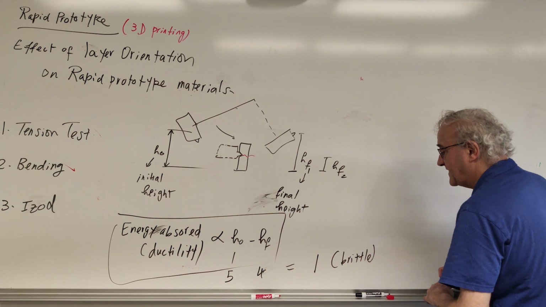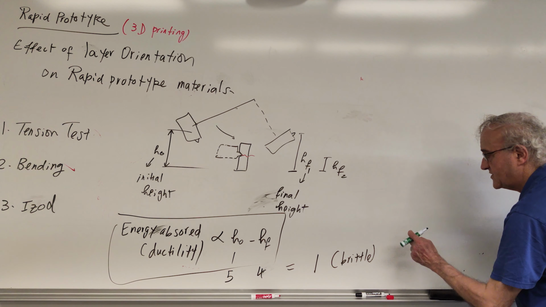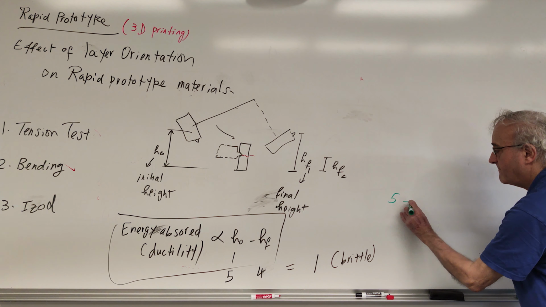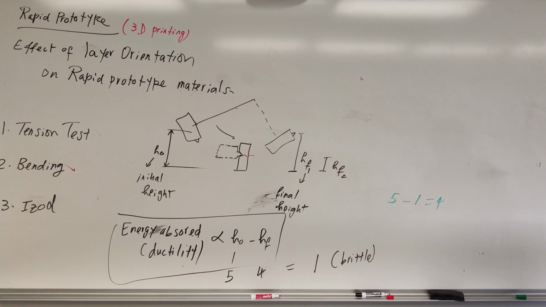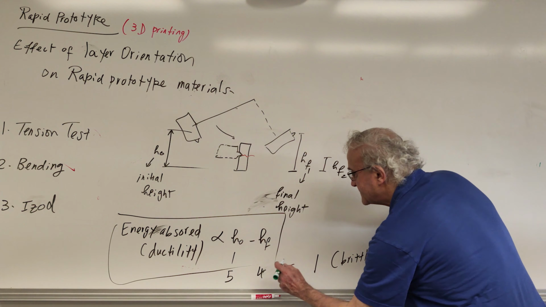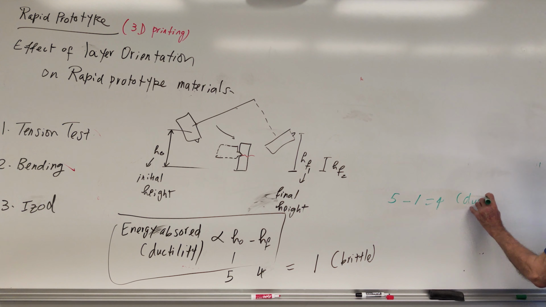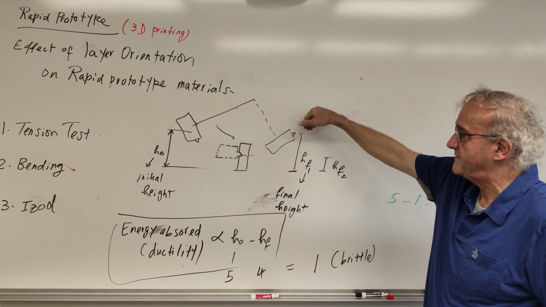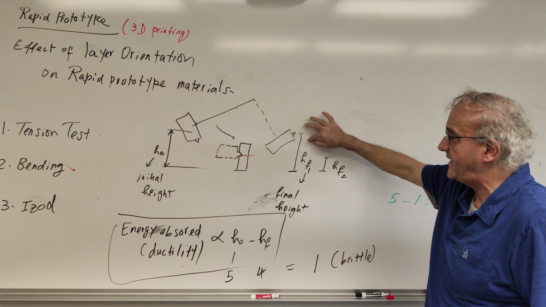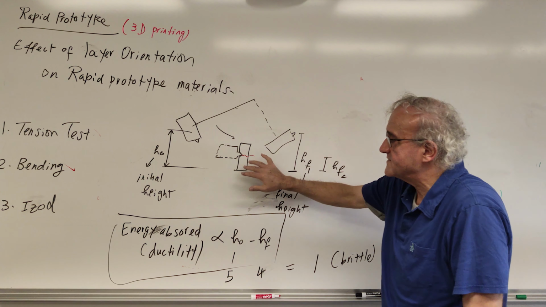Then for the ductile material, I'm going to have the same constant, which is 5 minus 1, which will give you 4 units of energy. So this is for brittle, and this is for ductile. So for a ductile material, the hammer will not have the freedom to go up all the way to here. It will only go up to here, because this thing has